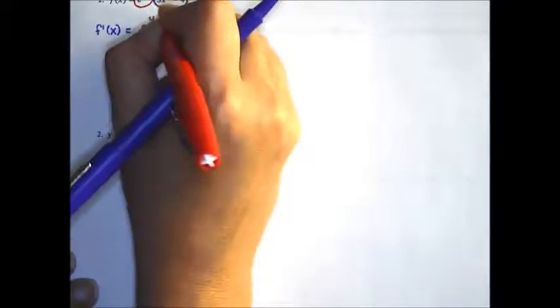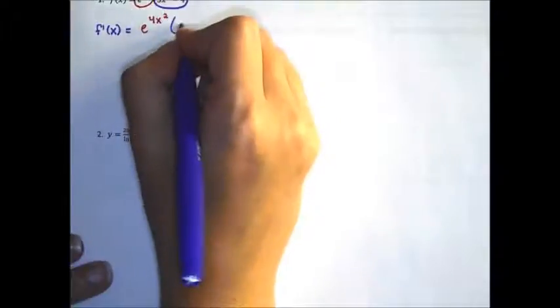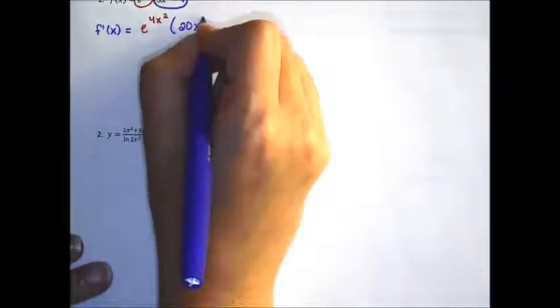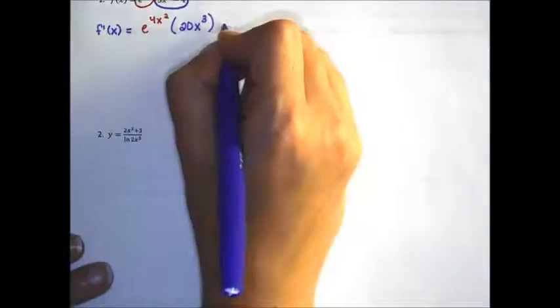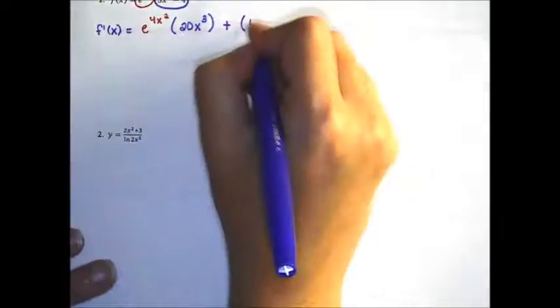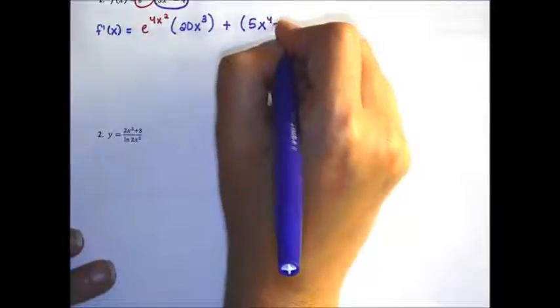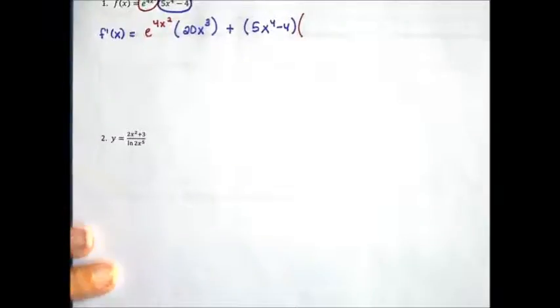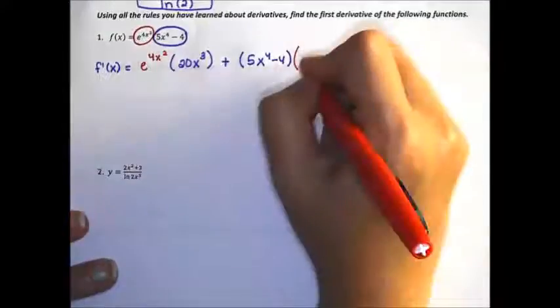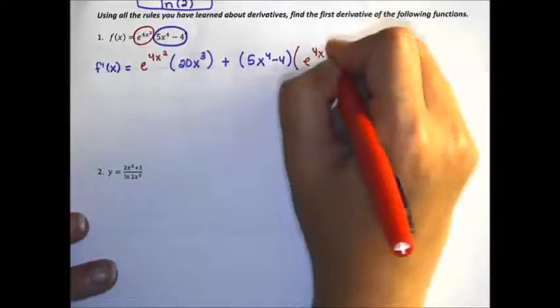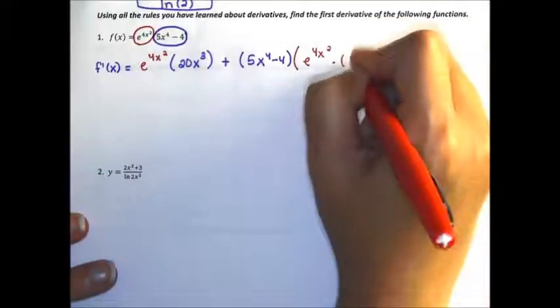So to do product rule, I would copy the first function, e to the 4x squared, take the derivative of the second function, which is 20x to the third. Plus, then I would copy the second function, 5x to the fourth minus 4, take the derivative of the first function. The derivative of e to the something is e to the something times the derivative of the something, which